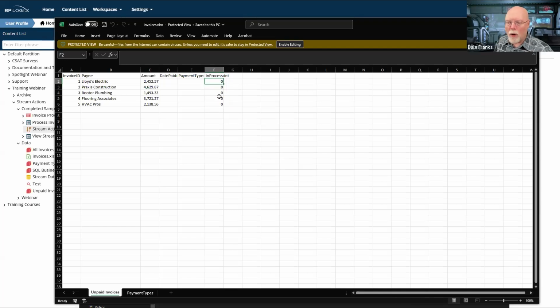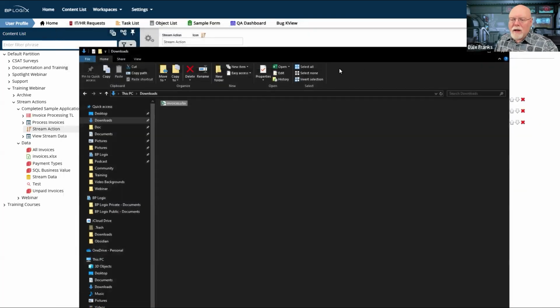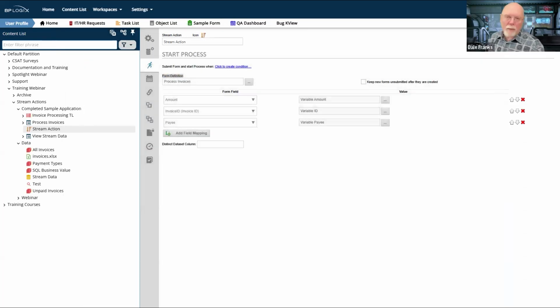So I'm going to need some SQL to mark this whenever these invoices get pulled in and the process gets started for them. So I'm going to have to use a little SQL to do that. And once I've finished processing my invoices, I am going to need to get these 2 fields, the date paid and the payment type, back into the invoice. So I'm going to have to update each of these fields to ensure that I put the appropriate data back in each of those invoices. So this obviously means that I'm going to need a couple of business rules to run here.